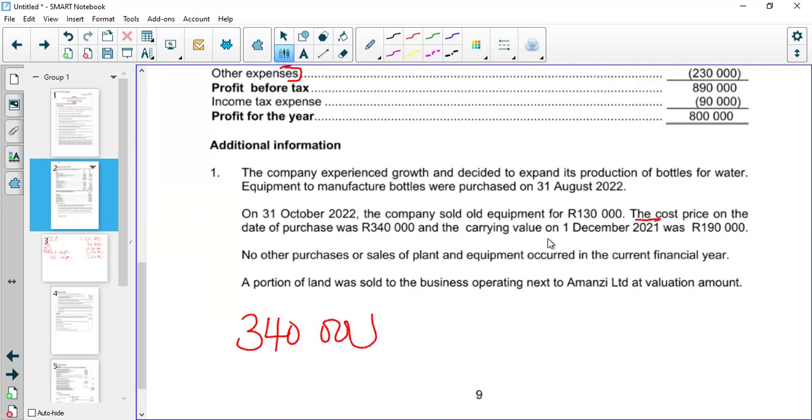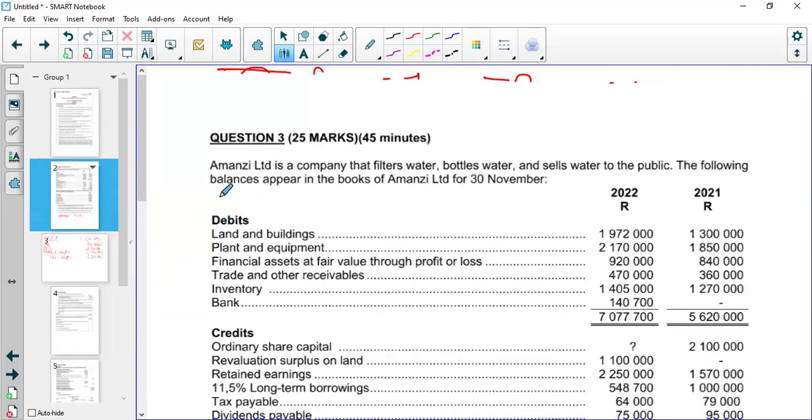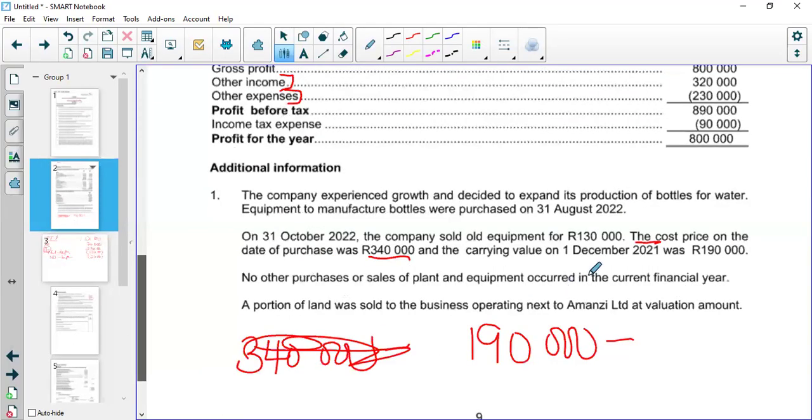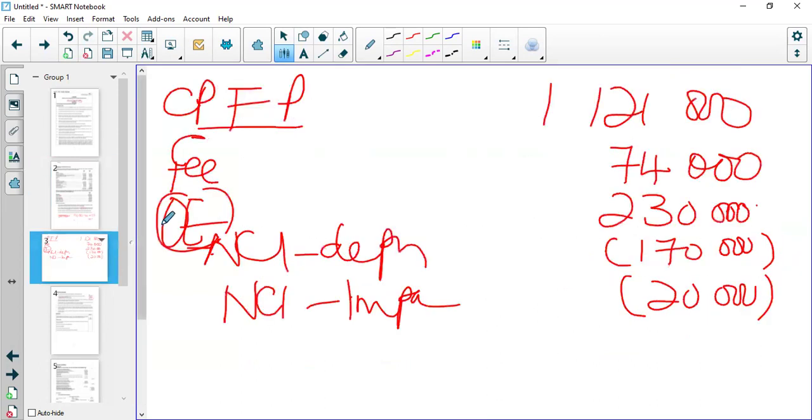Cost is here, the cost price is 340,000. Then we subtract, no, actually we have the carrying amount, so there's no need for cost price. 190,000. Then we subtract depreciation up to the date of sale, 40,000. 190 minus 40, then we get 150. Then we sold it for 130. So there's a loss of 20,000, which we have to subtract here. Non-cash item, loss on disposal,